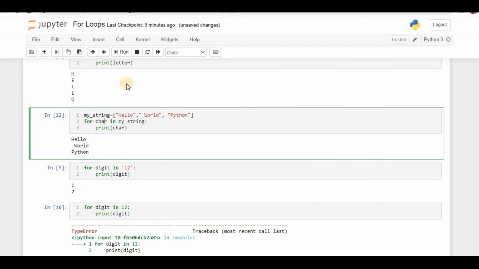Okay, instead of giving a separate variable here for my string, in, and we'll try to, but here we got only the last one, because Python is considering only the last one, not even the first one and the second one.